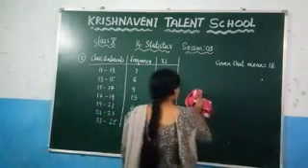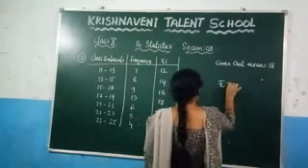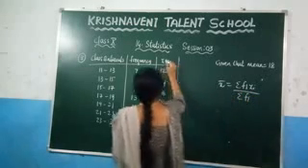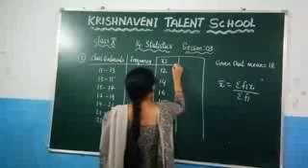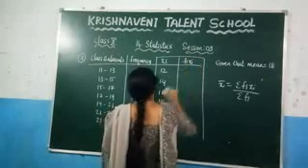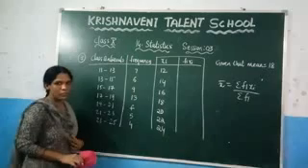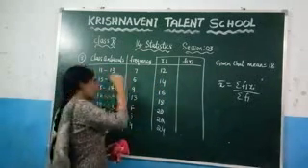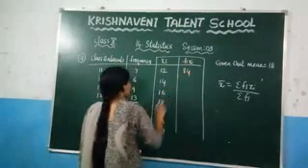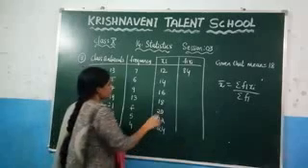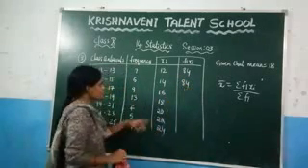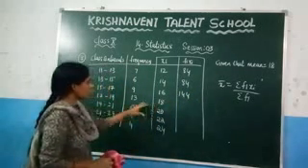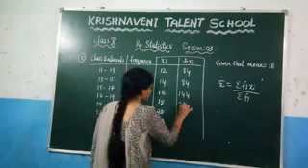By using the direct method, what is the formula to find the mean? x bar is equal to sigma fi xi by sigma fi. Since we already calculated xi, now you need to calculate fi xi. What is meant by fi xi? It is the frequency multiplied by the class mark. So multiply: 12 into 7 is 84. After that 14 into 6, again 84. After that 16 into 9, which is 144. After that 18 into 13, which gives you 234.